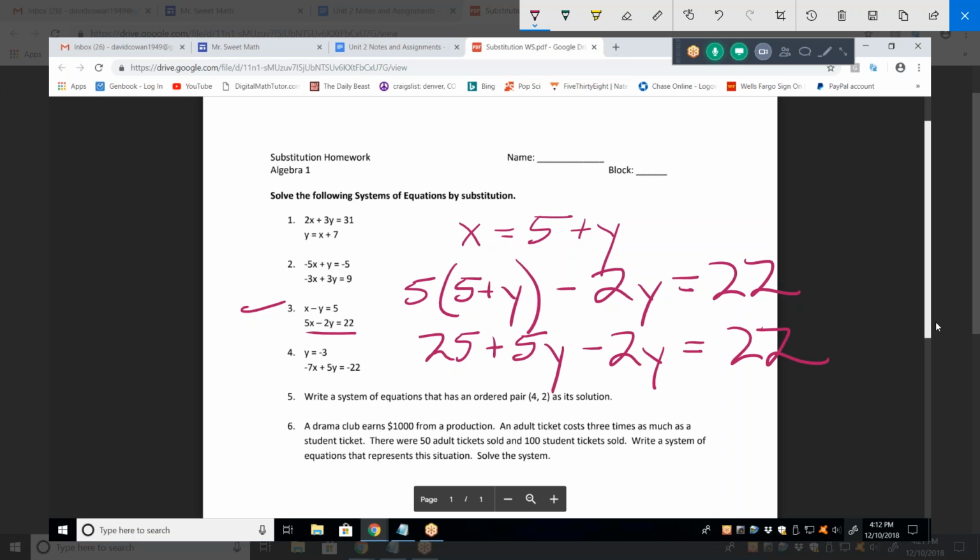So 25 plus 3y equals 22. Okay, next line. So then wouldn't you do minus 25 on each side? Correct. Then